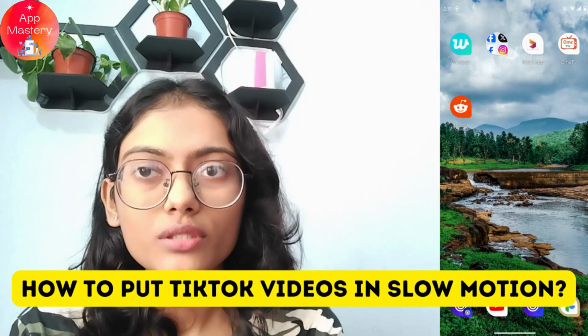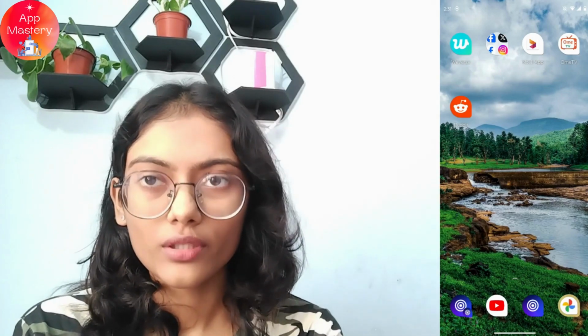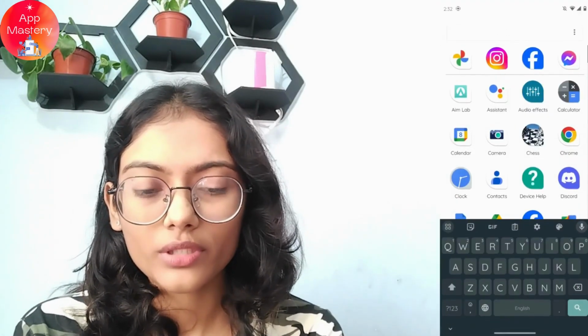How to put TikTok videos in slow motion. So if you want your TikTok videos in slow motion, then first of all, open up your TikTok application